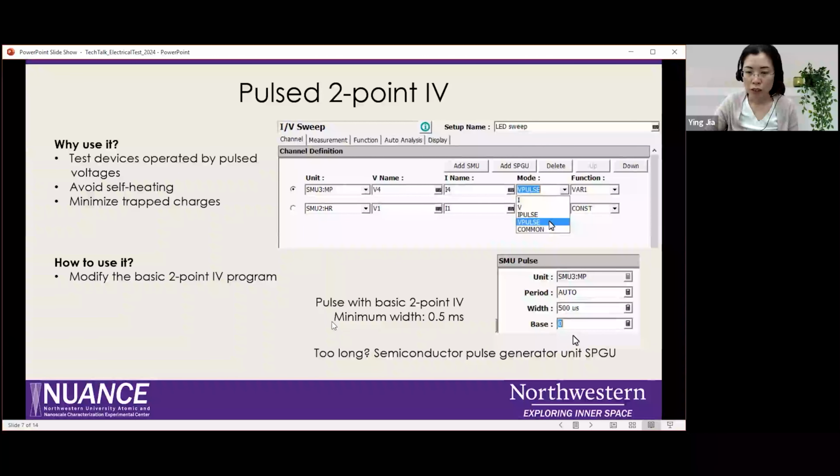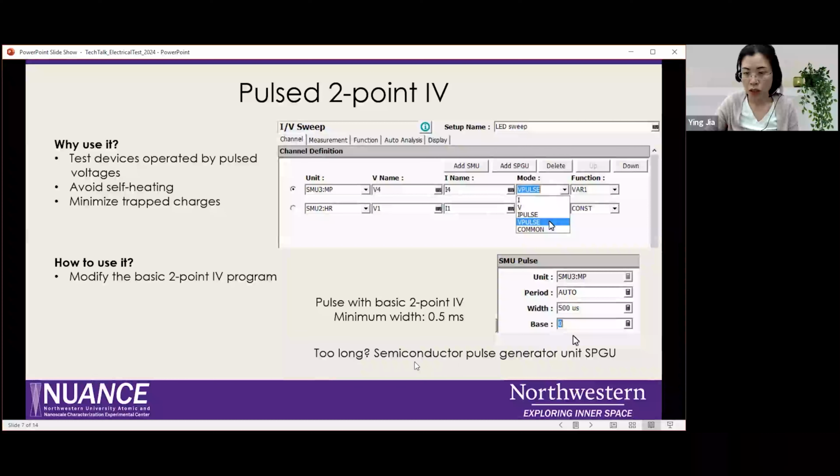Here, the minimum width of this pulse is 500 microseconds, which is 0.5 milliseconds, and that is whatever the standard SMU can supply for the pulse. If this pulse looks too long for you, we still have some solutions to give you a shorter pulse, which comes to the